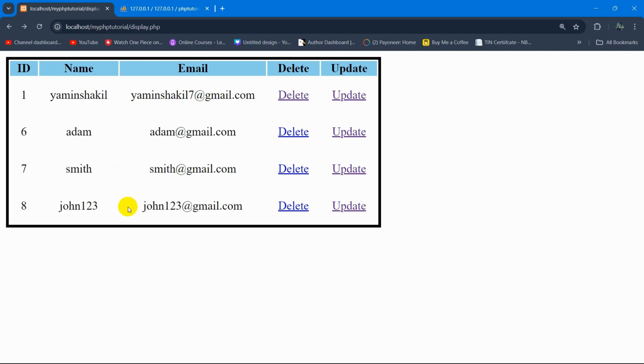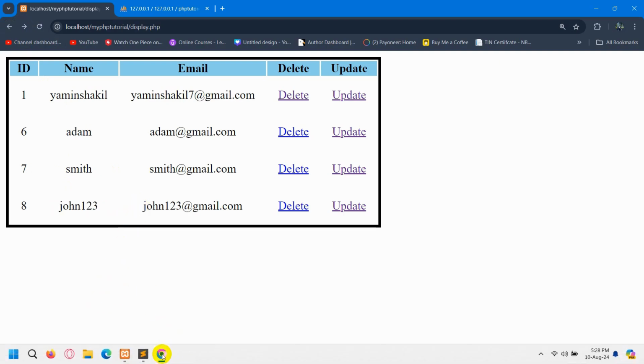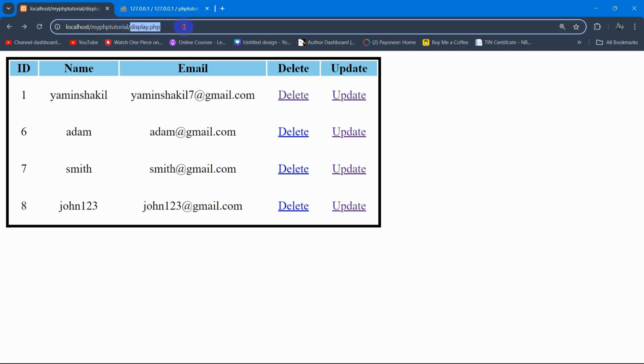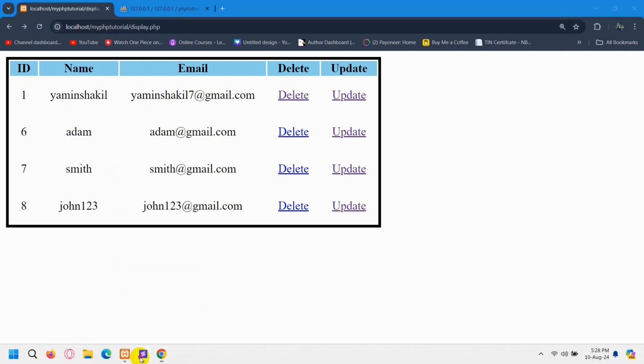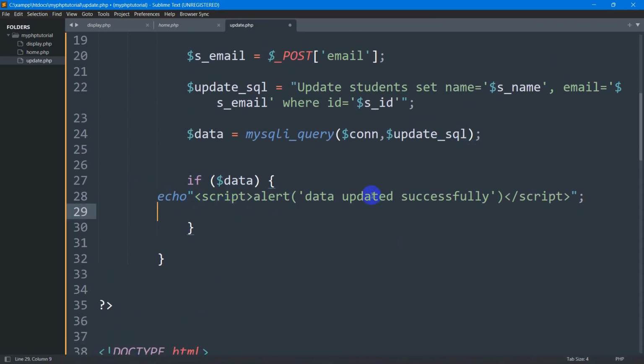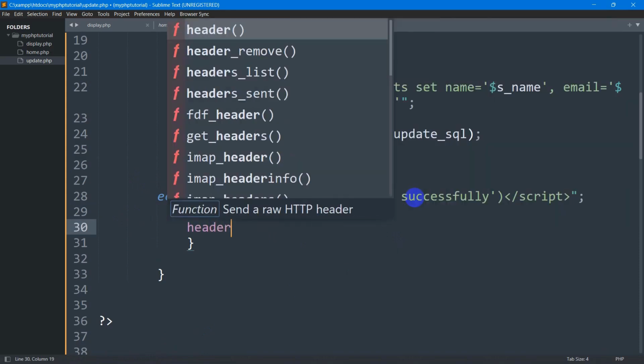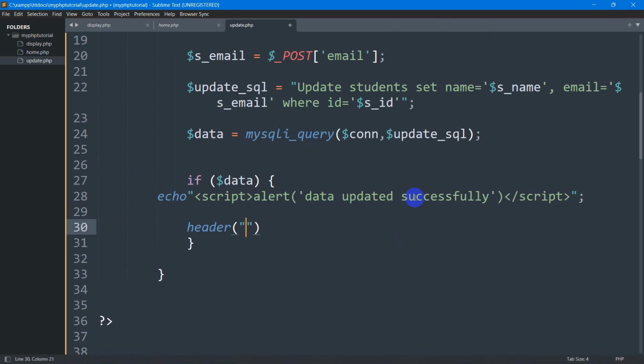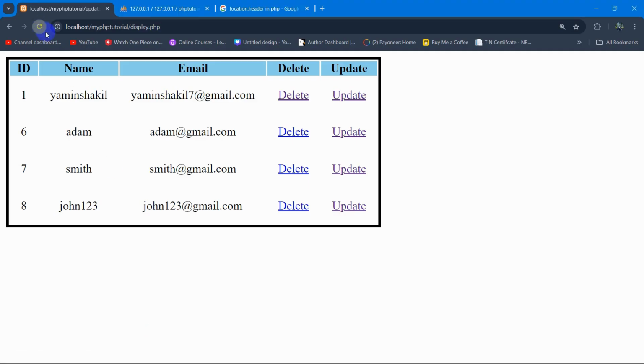There you can see John 123. So right now what we'll do is that after updating the data, we'll send the user to this display.php page. So here, after this data updates successfully, we are going to set header("Location: display.php"). So right now, if we just set this and go back, refresh here, let's click on